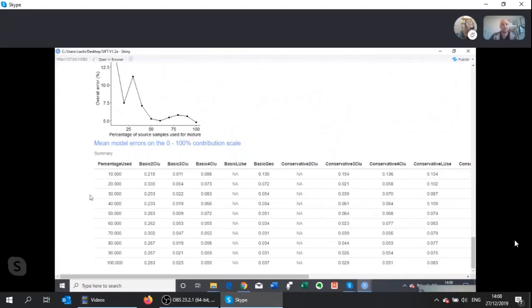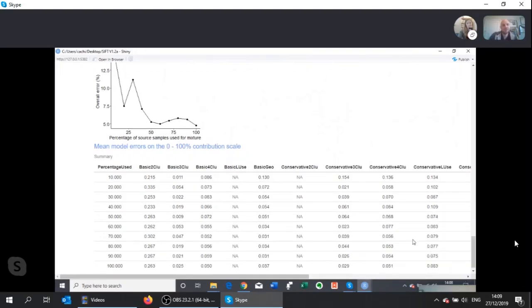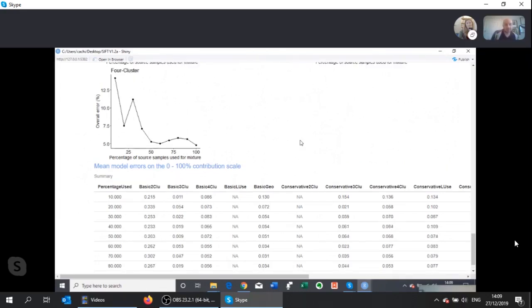You'd need to multiply them by 100, but if you wanted to run this sensitivity analysis, say, 10 times, you could copy this table each time and come up with an average in Excel. So that option's there. But we've looked at this and most of them look fine to me. We're not getting huge spikes in error. It might double or so, but they're still reasonable enough. So once we're happy with this, we can go back to the top